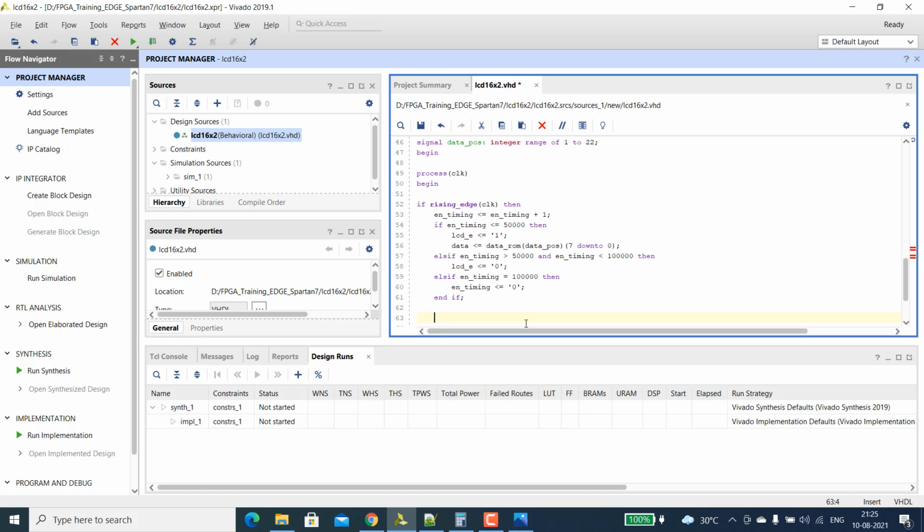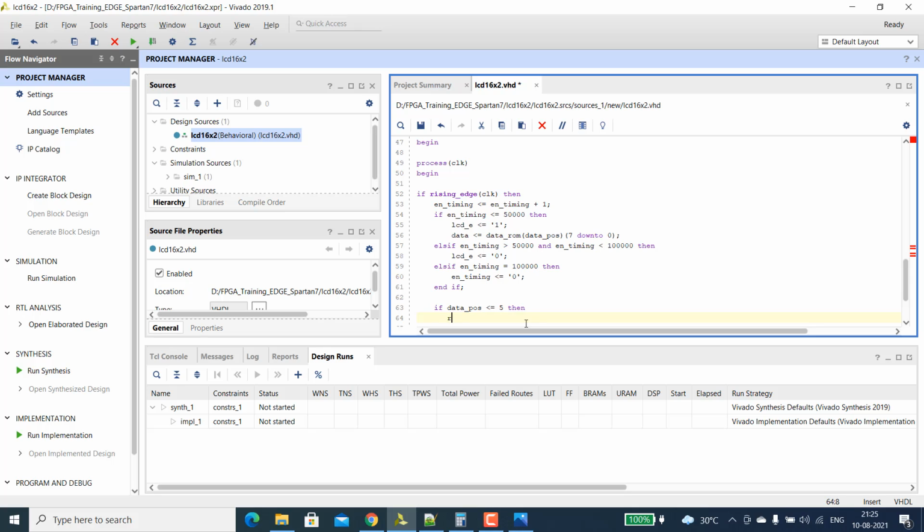And next we have to identify what is command and what is data. If that data position is less than or equal to 5, then LCD underscore RS will be 0.